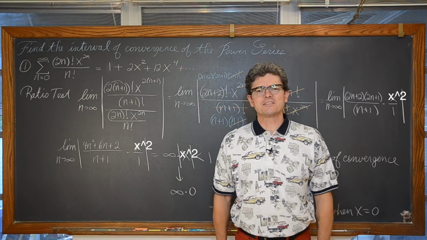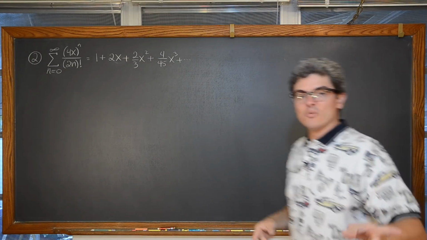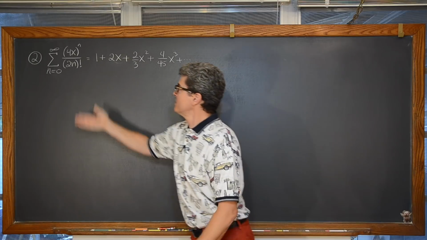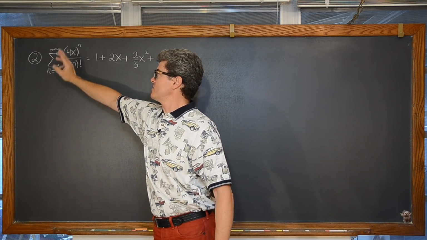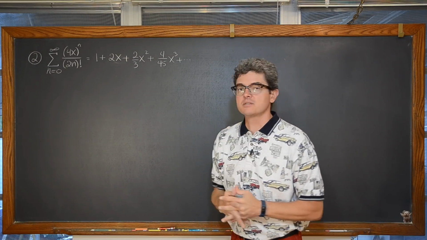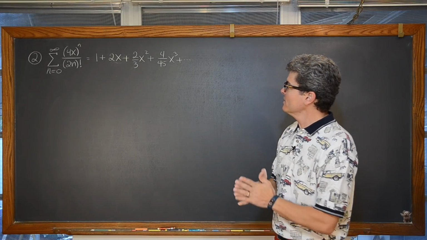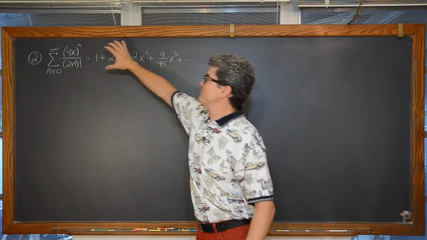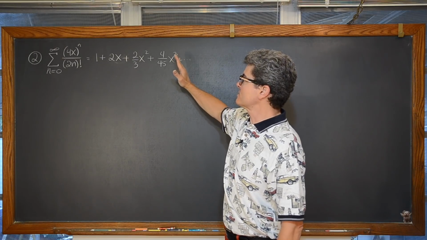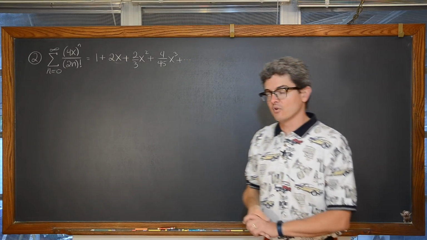Let's go on to our second example right now. Alrighty, our second example, we're going to look for the interval of convergence of this series here. We have the summation of n starting at 0 going to infinity of 4 times x to the n power over 2n factorial. And I did a little bit of expansion here just to let you see that we again have that function in terms of x. We're finding the domain of this function such that it gives us a valid sum, such that it converges.